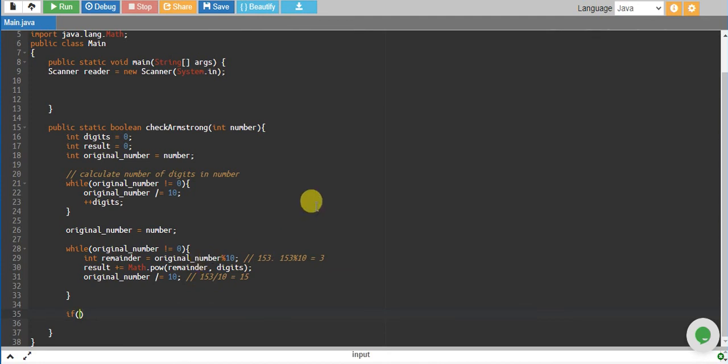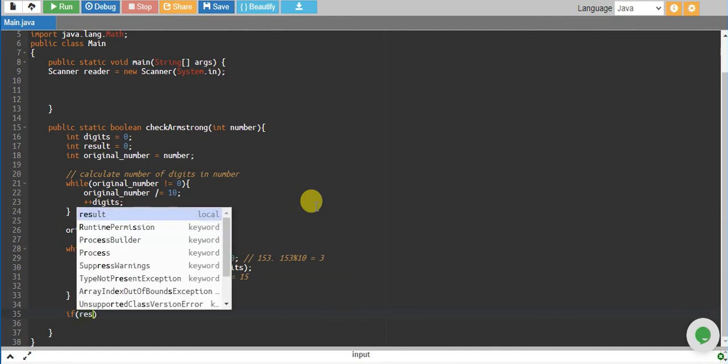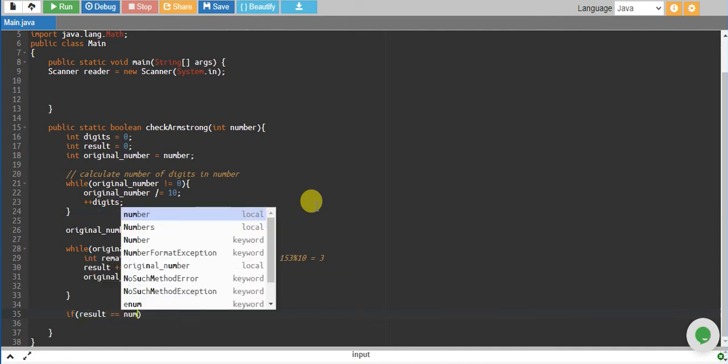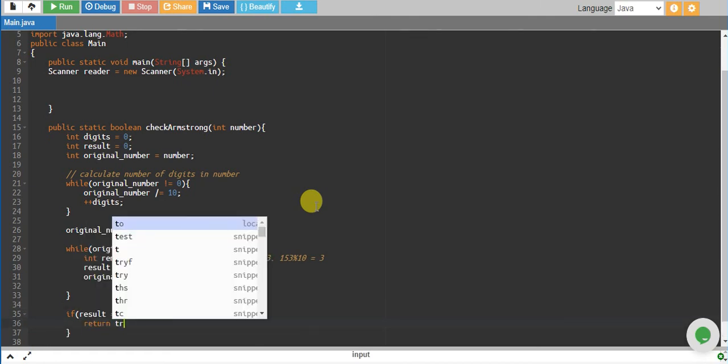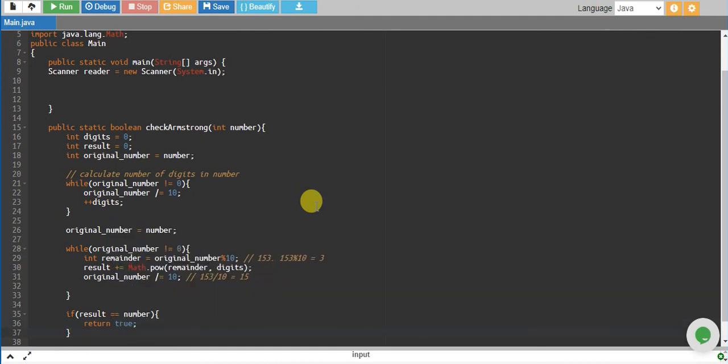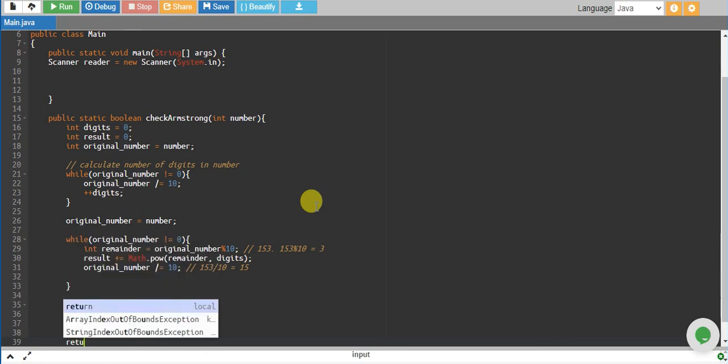So if original, not original number, but result equals our number, then we return true. Otherwise, by default, we return false.